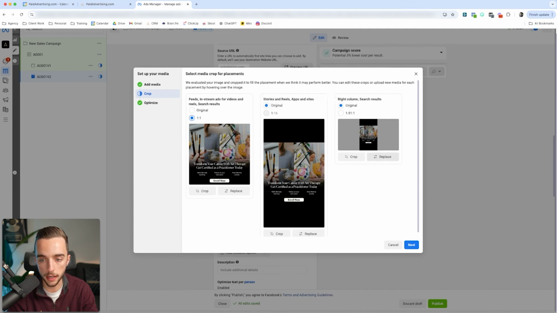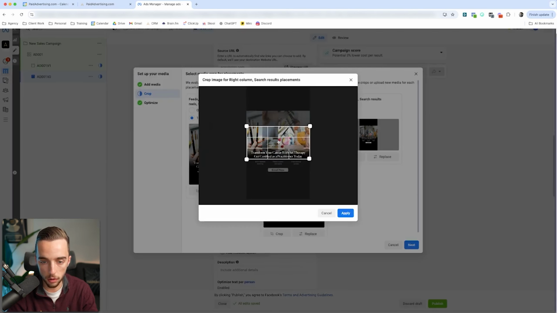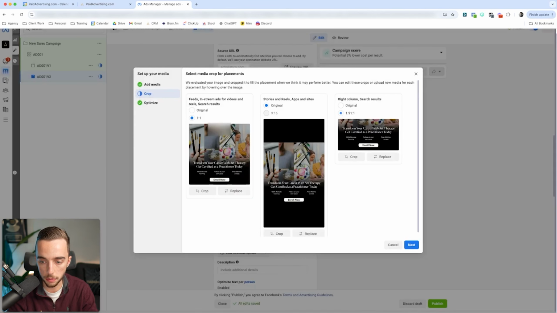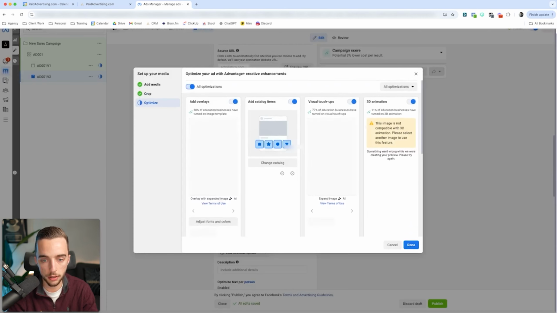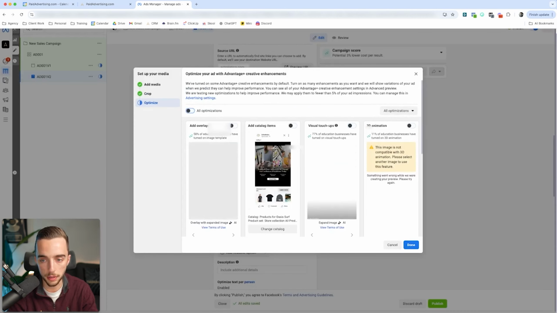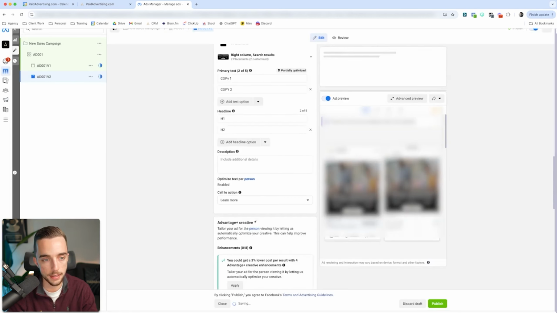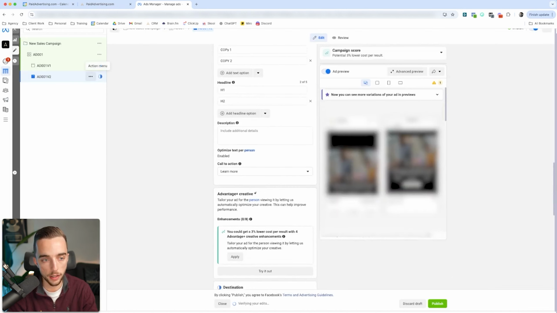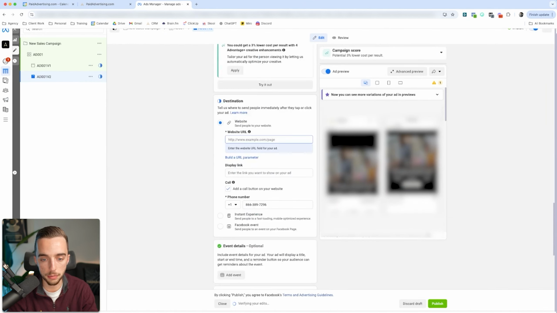Original, then here again, I could pick in the same asset, go in here, go in 1 by 1 for this one, manually checking the cropping. Here, I just go crop, I select my cropping manually, go apply, next. Turn on optimization, turn them off. So that way they're all completely off, go done. Boom, that's it. I just duplicate it one last time, so for V3, and then I'll be completely done essentially